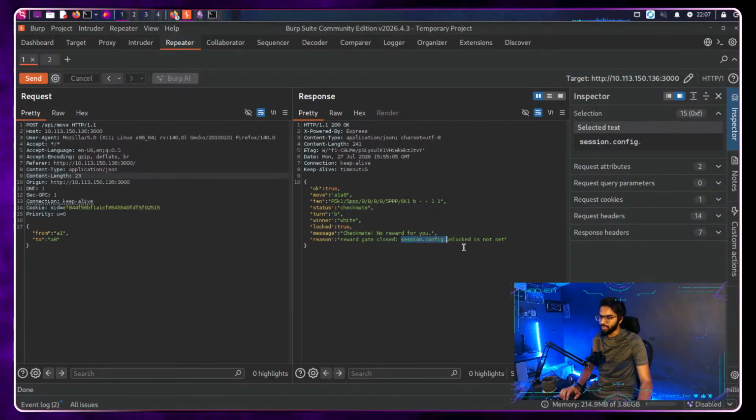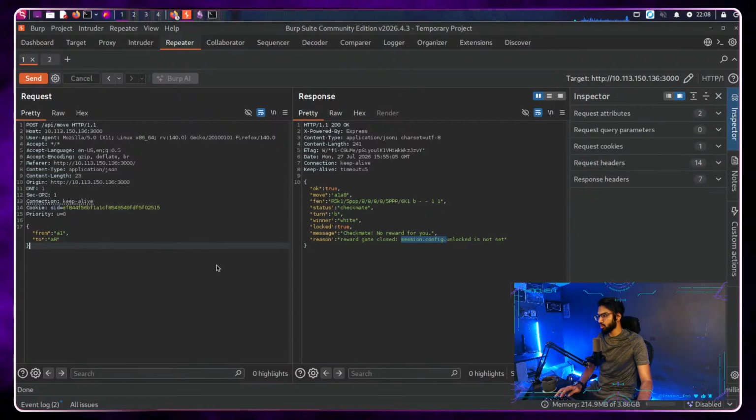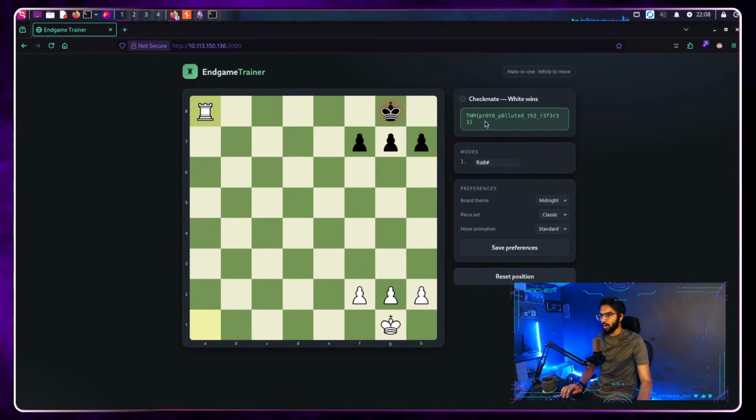But that's what it means. So it's trying to check if that unlocked status is marked as true or not, and if it is set to true, it is going to give us a reward. So let me copy this flag